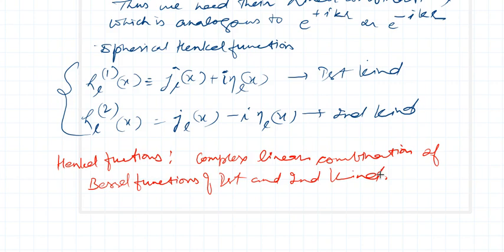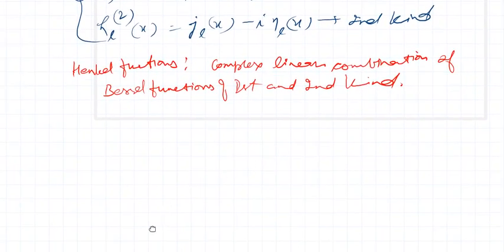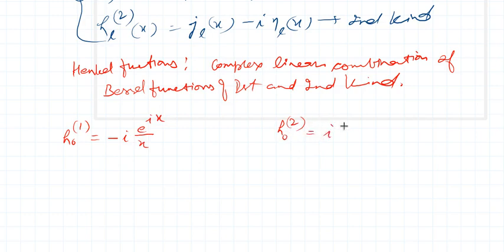And if we do a little algebra, then we can give a few Hankel functions. So a few Hankel functions can be given as H0 1, the first kind, which is minus iota e raised to power iota x over x. And similarly, H0 2, a Hankel function of second kind, can be written as iota e raised to power minus iota x over x, because on one side it is plus and on the other side it is minus, so it's basically the sign where iota is sitting.